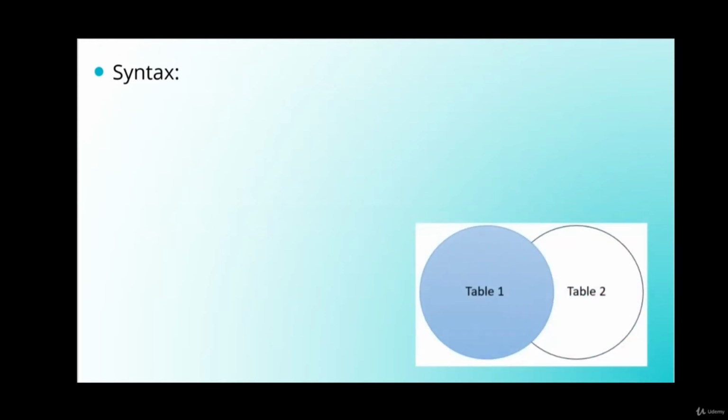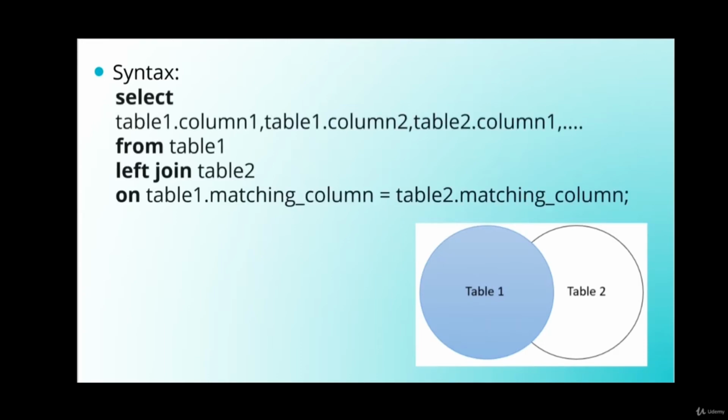So this is the Venn diagram of left outer join, and the syntax for it is: select the column names you want in the output table from table 1 left join table 2 on table1.matching_column equals table2.matching_column. For example,